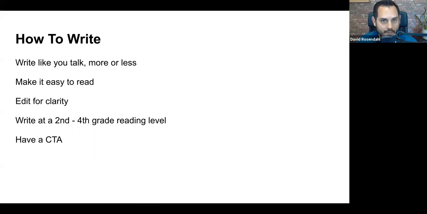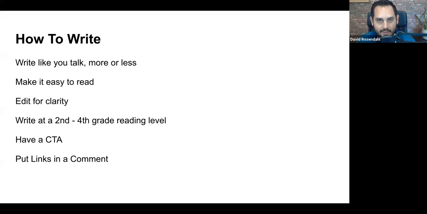Also, a lot of you post, and I see many people doing this, you post a piece of content on LinkedIn and you don't have a call to action, a CTA. What I mean by that is you'll say something and there won't be necessarily any next step for the reader to take. That step could be something as simple as, hey, connect or follow me for more tips or insights like this, or something along those lines. You always want to have something at the end of your post, and I'm going to show you an example in a second, but you should always have something that motivates that reader to engage and take one more step with you.